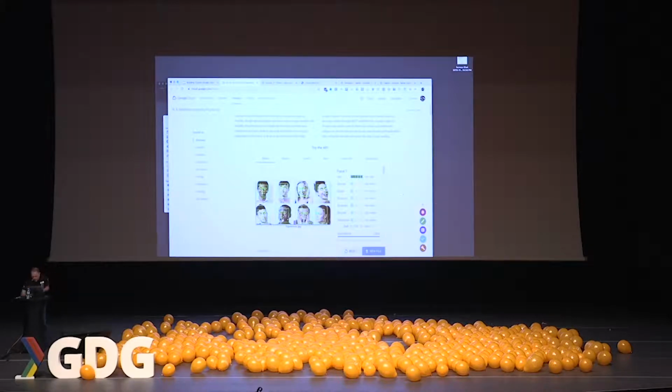So it says here that face 1, joy is very likely. Face 2, not much going on there, but notice the roll, tilt, pan. So this is a great way of extracting information about people, things, places, words that you can use. So I'm going to go back to my slides.